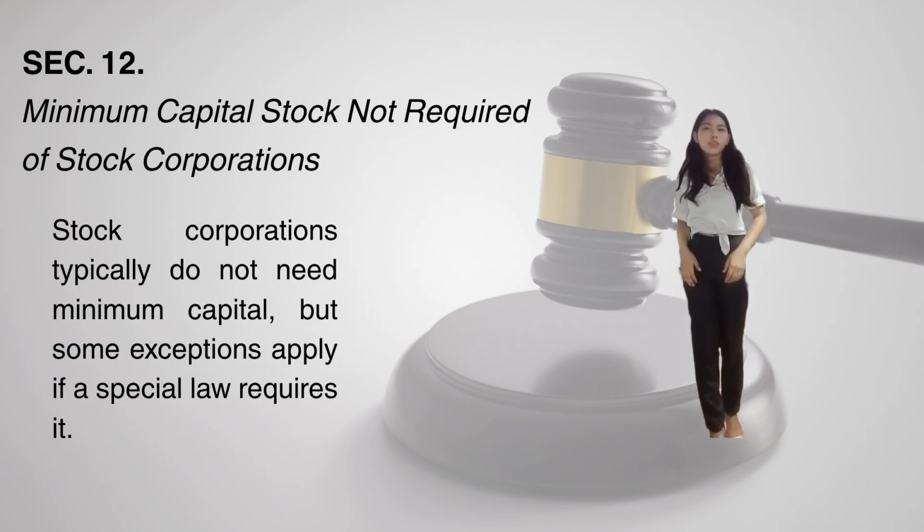Qualifications of incorporators. Each incorporator of a stock corporation must own or be a subscriber to at least one share of the capital stock. This means that if you and your best friends are building a business, you must have a share in the capital of your business, or what we call a subscription. This demonstrates your commitment and investment in the company. If you are an incorporator of a non-stock corporation, you are also required to be a member of the corporation. You cannot be an incorporator without also being a member.